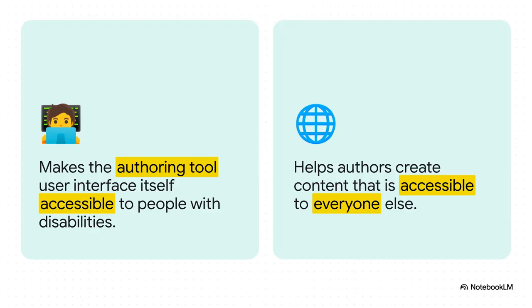And this is where it gets really smart and honestly kind of elegant. It's split into two simple parts. Think of it this way. Part A is all about the person making the thing. Can a creator like Martin or Arun actually use the tool? Can they get to all the buttons and menus? Then you have Part B, which is about the person who's going to see the thing. Does the tool help the creator make a website or a post that someone with a disability can actually use and understand? It's a perfect two-part solution for a two-sided problem.